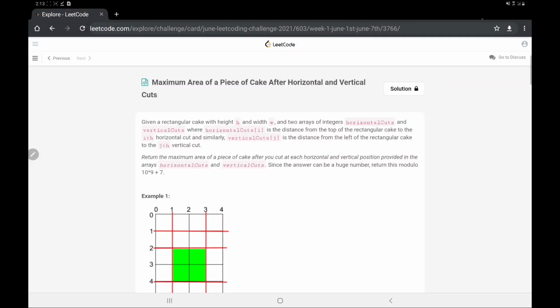Welcome back to my YouTube channel, and the question for today is maximum area of a piece of cake after horizontal and vertical cuts. So given a rectangular cake with height h and width w and two arrays of horizontal cuts and vertical cuts